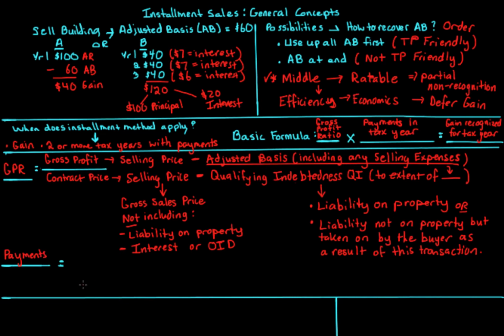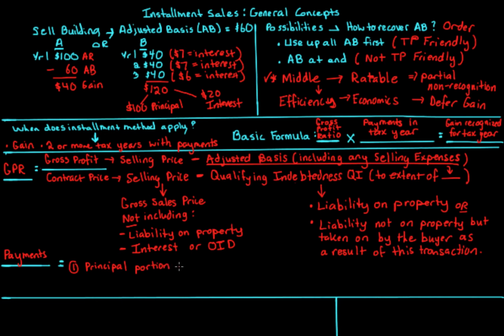So payments really have three components. There's really three components that make up payments. There's really three different types of payments. The first type of payment is the principal portion. So we're talking about the principal, right? Again, you subtract away the interest. The principal portion